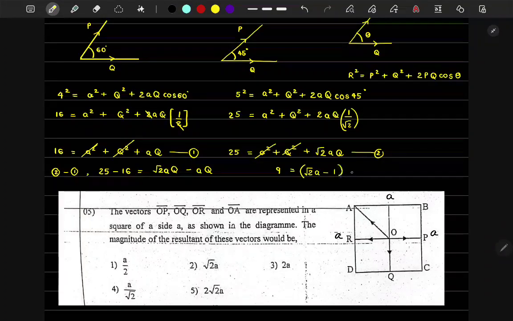Which is Q. And you can substitute Q to get the answer. So the answer would be